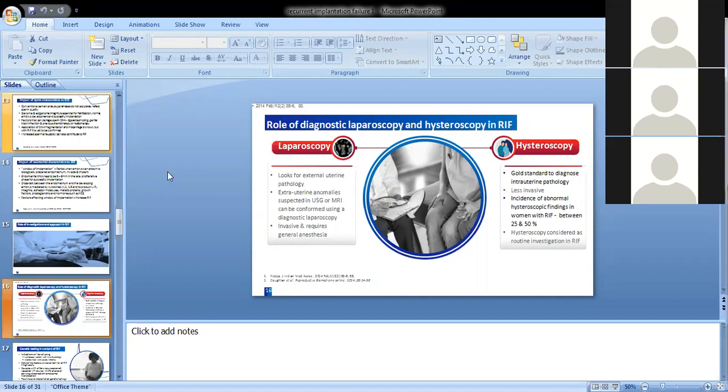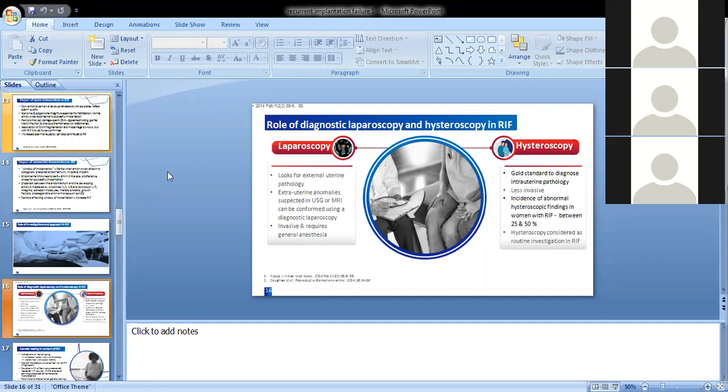And another group of patients in whom I think laparoscopy will be helpful in recurrent implantation failure is fibroid. Now leiomyoma, regarding leiomyoma, if you look at the literature, subserous fibroid usually doesn't affect implantation. But there has been debate about intramural fibroid, whether to go for an ET with an intramural fibroid or not. There have been several schools of thought, and a difference of opinion in the literature also. But if you look at recent literature, you will see that an intramural fibroid of a size more than 4 or 4.5 centimeter can affect implantation.